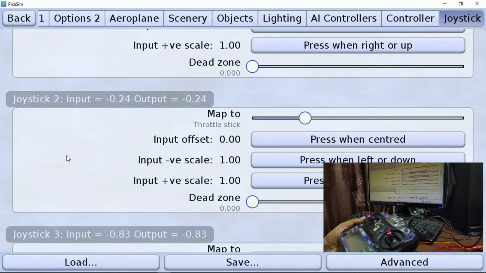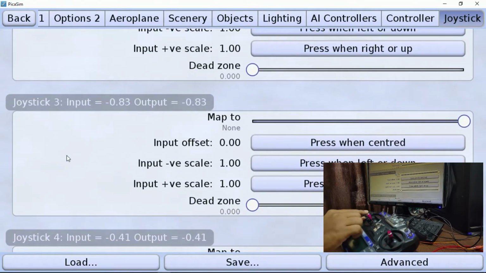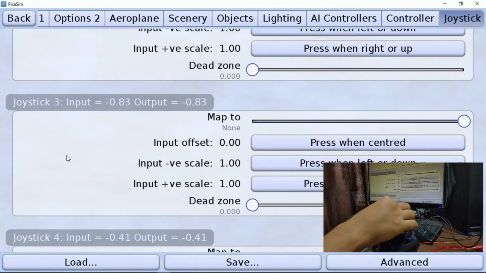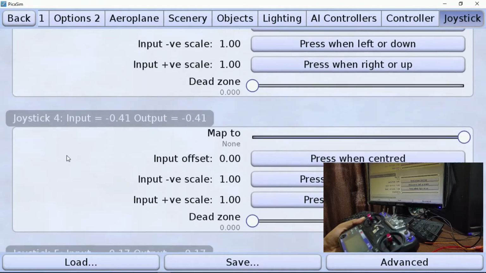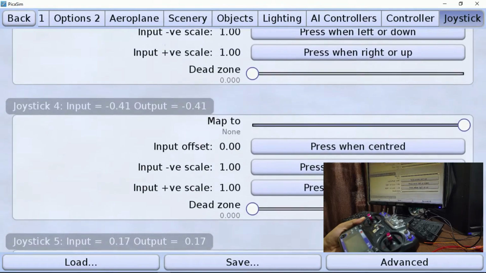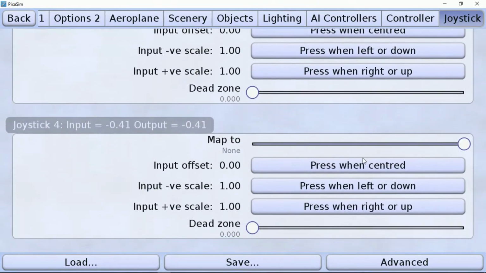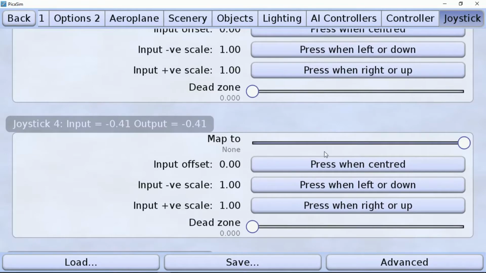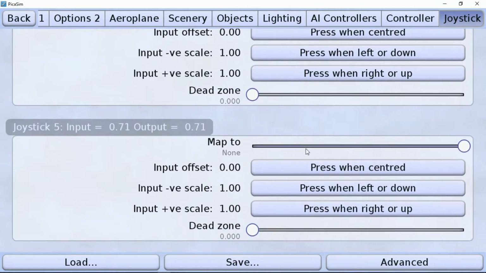You can map your channels to the respective function. You just have to change the function in the map to option. So after completion of mapping, likewise you can change the mapping.